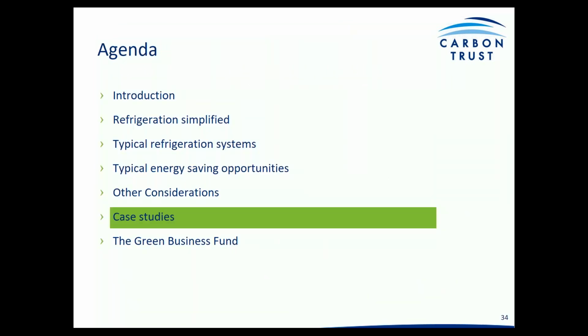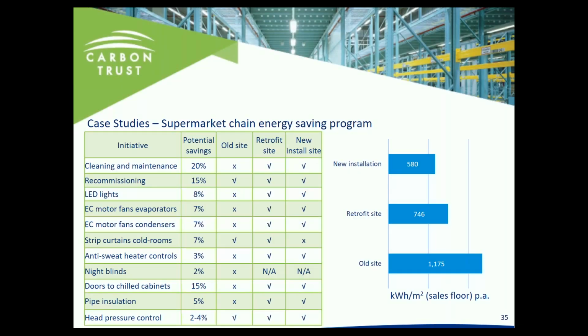A few case studies. This is for a large supermarket chain we have worked with, and this just demonstrates what they've achieved with some of their small to medium convenience stores. What you can see in the little table on the right-hand side is the kilowatt hour per square meter of floor area of their older sites, where they haven't implemented many efficiency measures. And you can see on their retrofitted sites the step change that was achieved by retrofitting these various